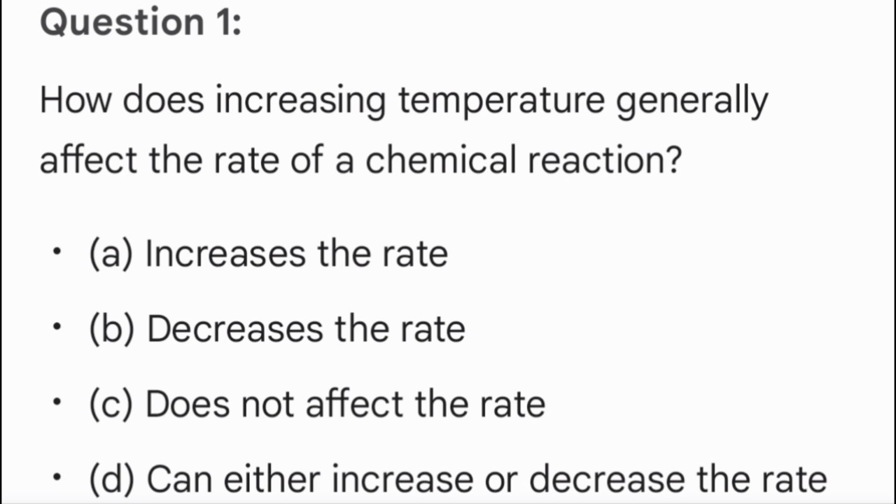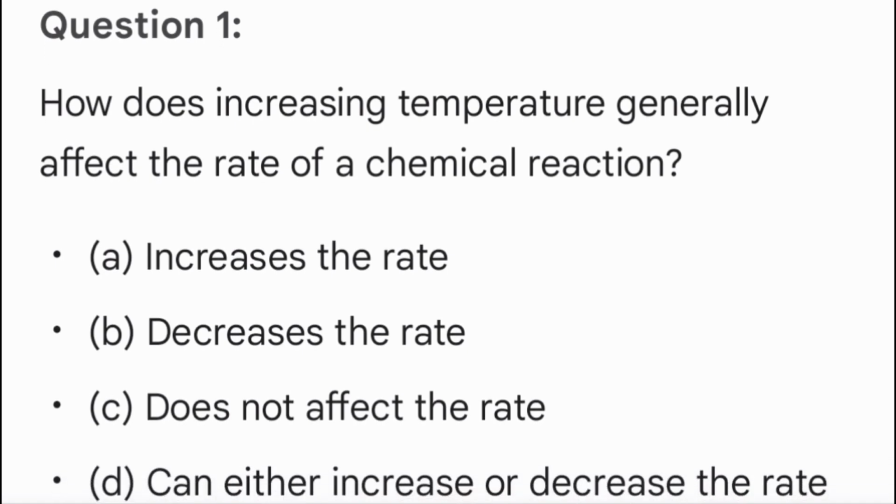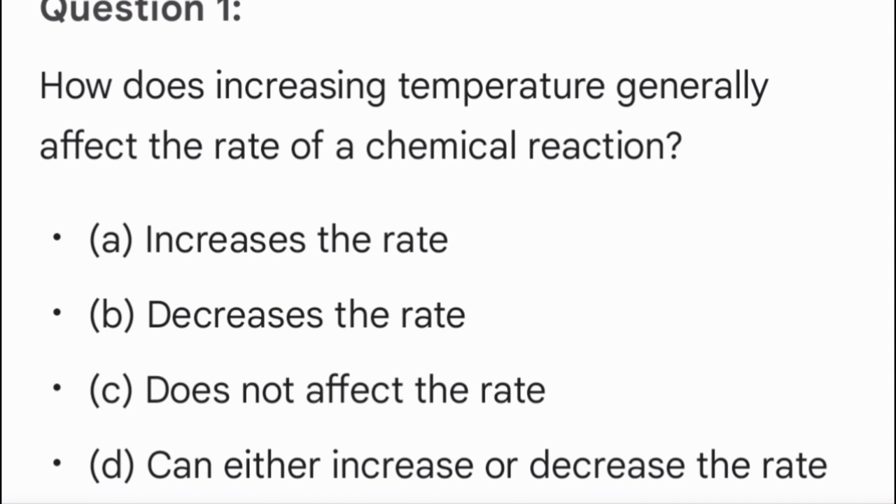Temperature dependence of reaction rate. Objective questions. Question 1. How does increasing temperature generally affect the rate of a chemical reaction? A. Increases the rate. B. Decreases the rate. C. Does not affect the rate. D. Can either increase or decrease the rate. Answer,